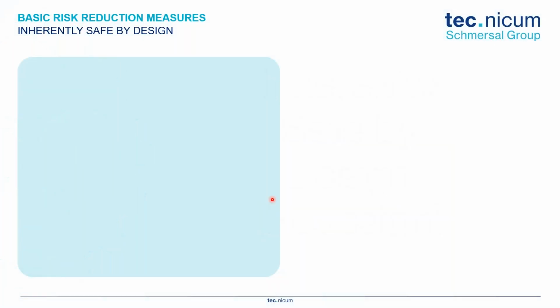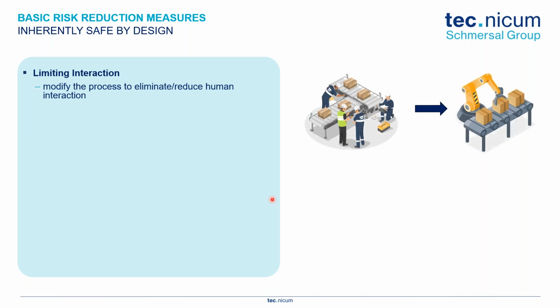First thing is let's look at what is being called out from these standards. When we look at trying to design safety in, inherently safe by design, the first topic we want to look at is being able to limit the interaction, or modify the process to eliminate or reduce human interaction. And it can be something like we see here as an example. Maybe there's ergonomic hazards, or maybe there's hazards with just dealing with material handling,